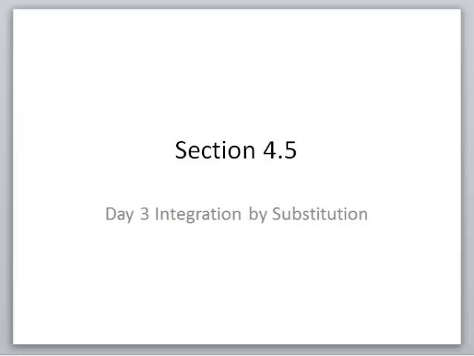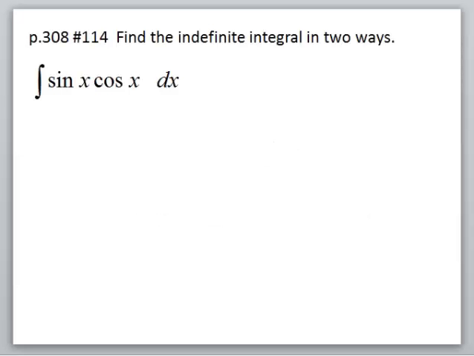Alright, this is the last day for our lecture on integration by substitution. I just have a couple problems to talk about. The first one, what we're going to do is find this indefinite integral in two ways. So, how are we going to do that? Well, I'm going to go ahead and just flip my page here. So, I'm going to evaluate this first